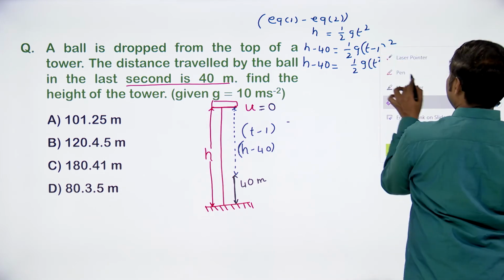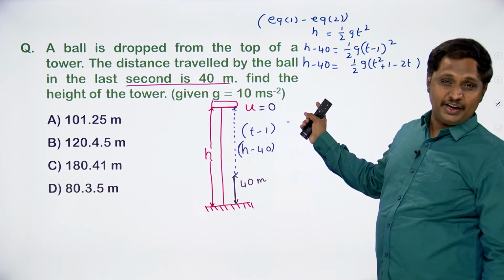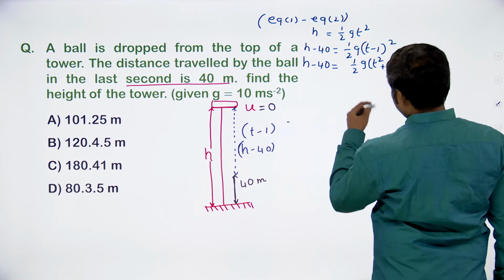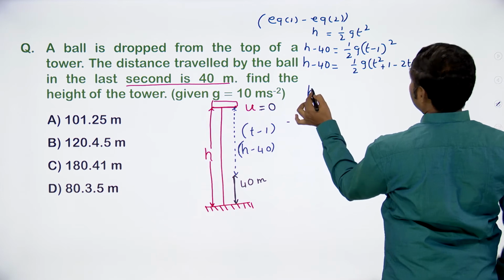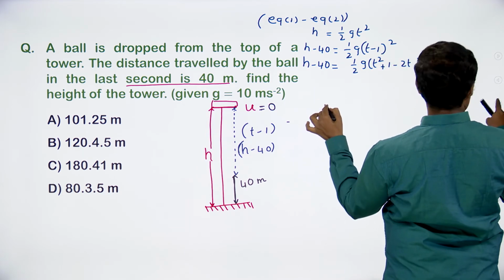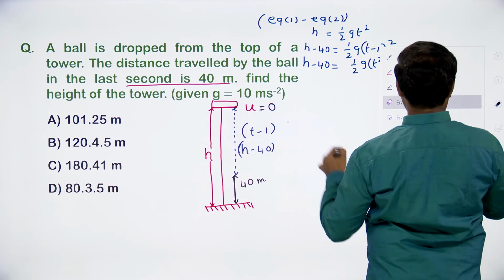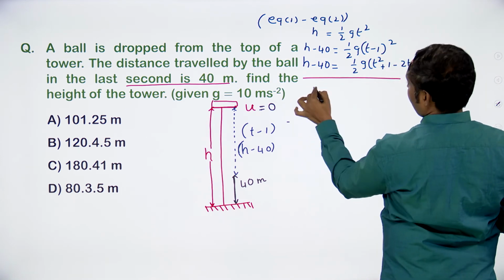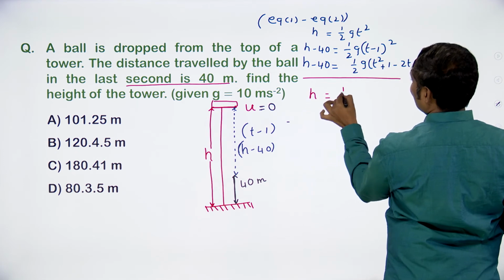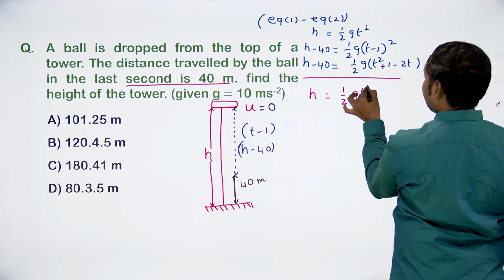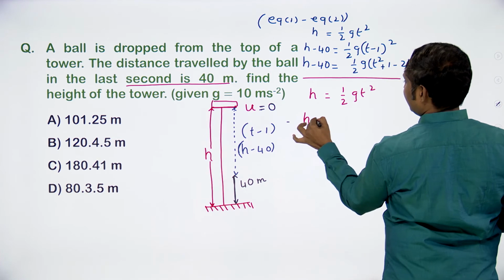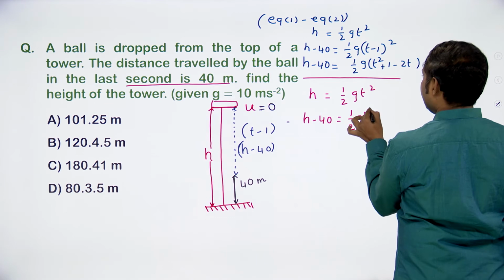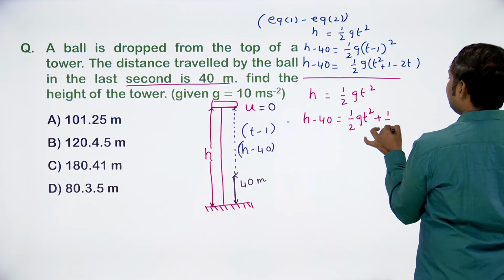Okay, you can get this one. We have to consider g is equal to 10 meter per second square, it is very clear. Therefore, you will get that h is equal to 1 by 2 g t square, and h minus 40 is equal to 1 by 2 g t square plus 1 by 2 g